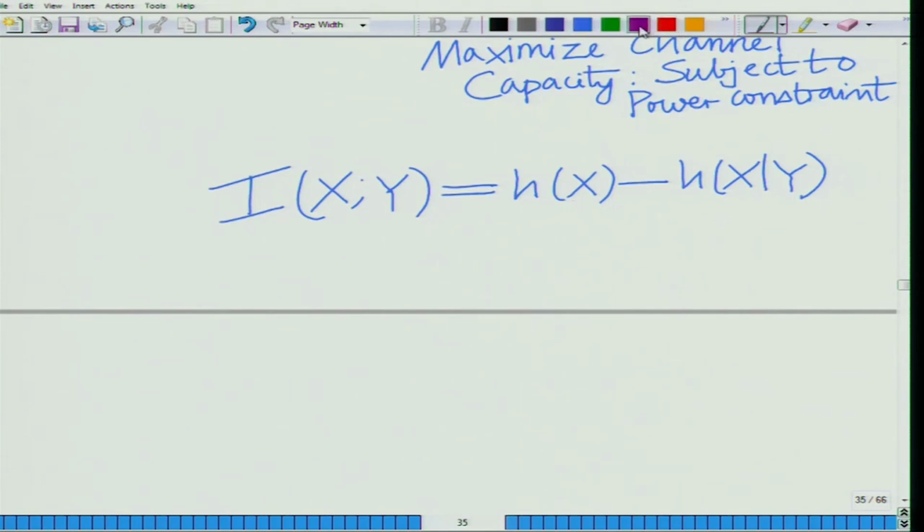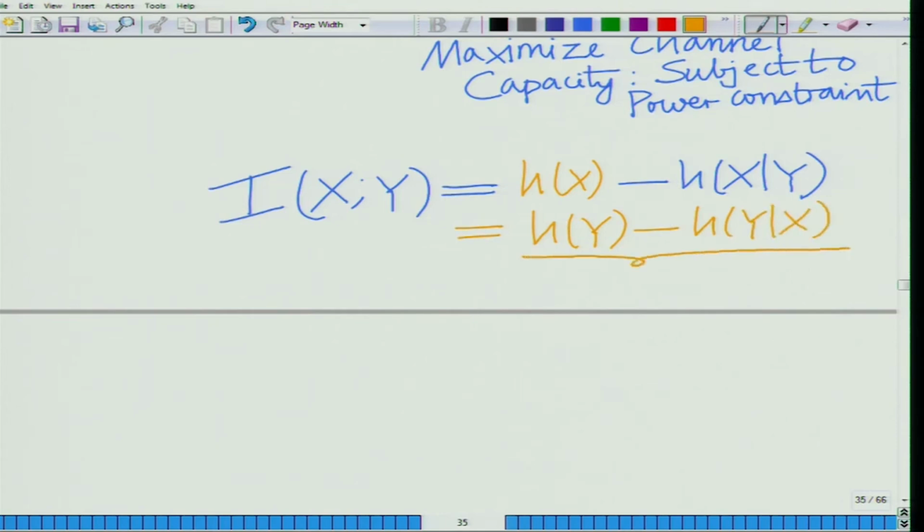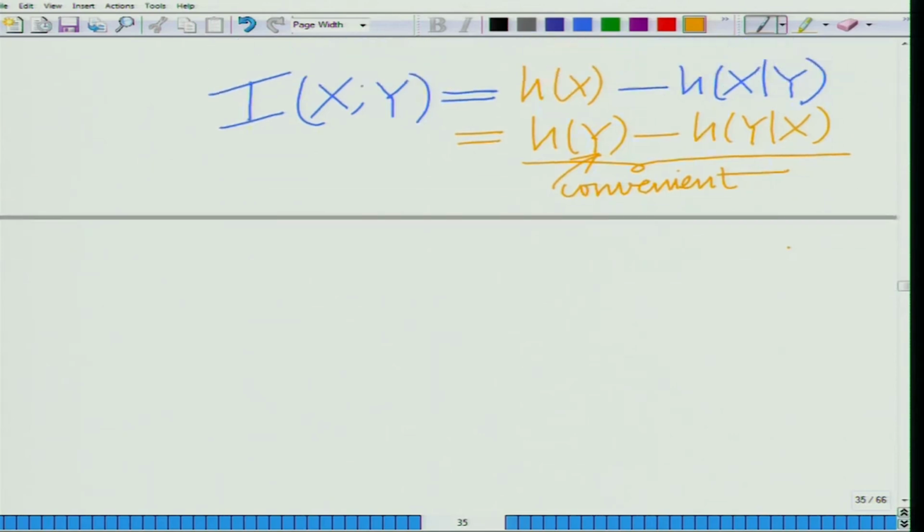So, this is the entropy; let us write it in a slightly different form. Of course, we know it is also equal to, no harm, because this is also correct. So, this is H(x) minus H(x given y) equals H(y) minus H(y given x). This is particularly convenient for us, as we are going to see shortly. And H(y) is the differential entropy of y. You must already be familiar with these quantities. H(y given x) is the differential entropy of y given x.